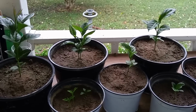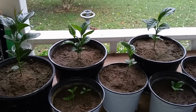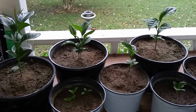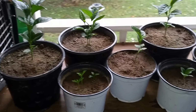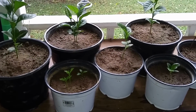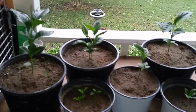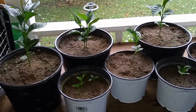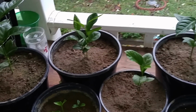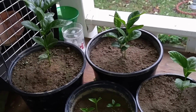Like I said, you don't want to make them go into shock by bringing them in too soon. You want to gradually bring them in when the weather is not too different from your indoor temperature. And you can do that a couple times a day. You can bring them in. It does get to be a pain when you have really big pots to lug around, which is a pain in the neck if you're going to be bringing them in and out. But yeah, we're going to try our best to keep these out here till November and put them back out in